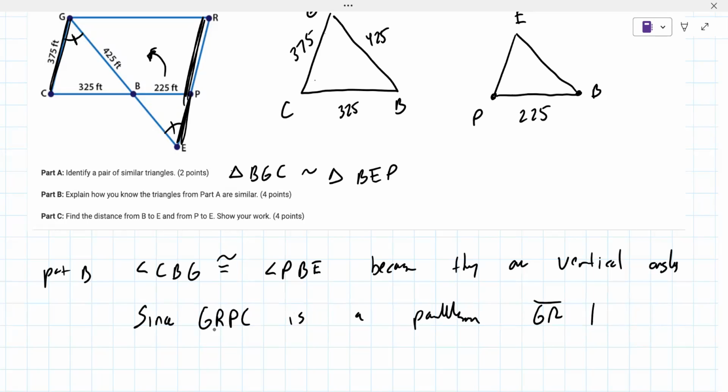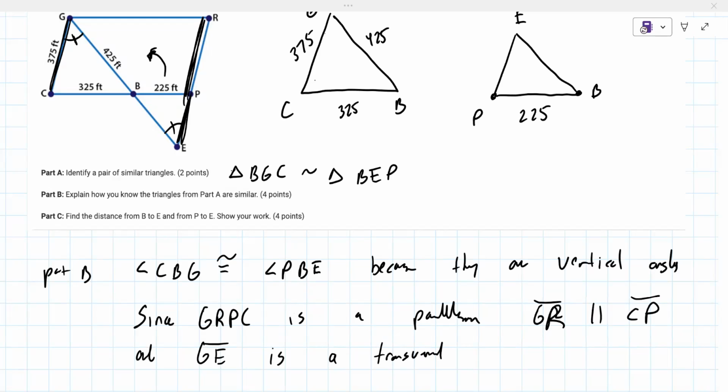Since GRPC is a parallelogram, GR is parallel to PC or CP, and GE is a transversal. Wait, so let me see right here. Since GR is parallel to CP,